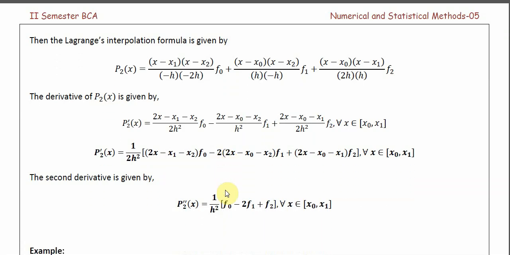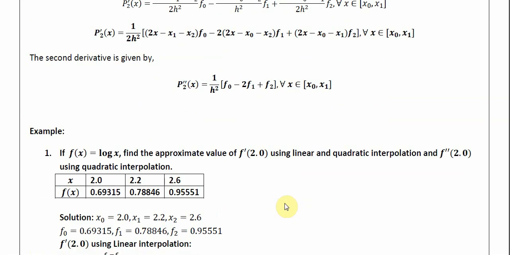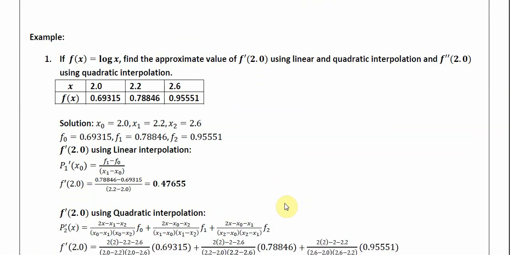The second derivative is nothing but take this function, differentiate once again. Okay, it is going to be 1 by 2h square as it is. Differentiate over here. f0 is constant into the differentiation of this one is going to be just 2. Here again minus 2 into f1 is constant. Differentiation of this is going to be only 2. And again 2, f2 is constant, differentiation is going to be 2. There is a 2 common in all of them, it's taken outside and cancelled, therefore this is going to be my formula. So once we are done with all the possible formulas, we shall move into solving problems.